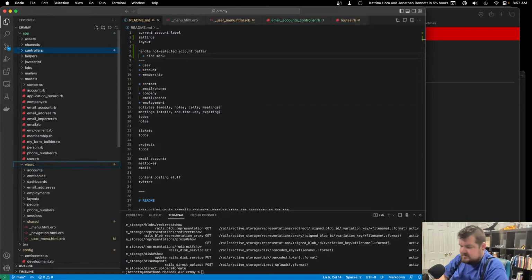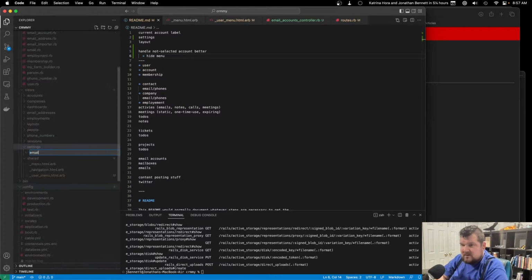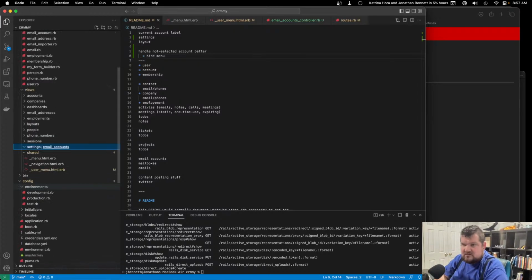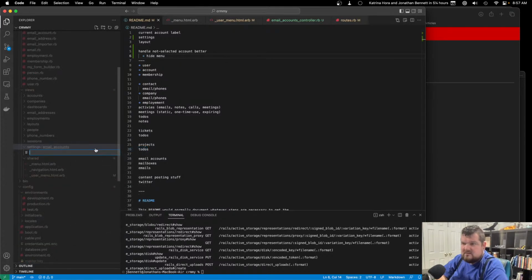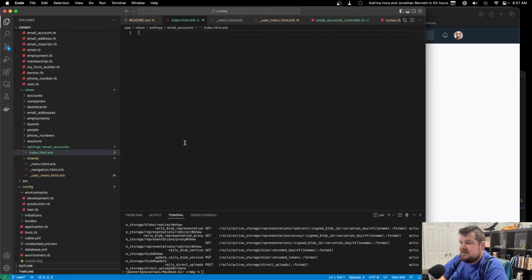So this is going to be in settings, and then email accounts, and index.html.erb. So now this is where you should be yelling at me and saying, aren't you going to TDD this? And yeah, let's do that. It takes a little bit longer, but it does mean that you have that infrastructure in place. So the reason that I like to TDD, even just these basic CRUD operations, is right now